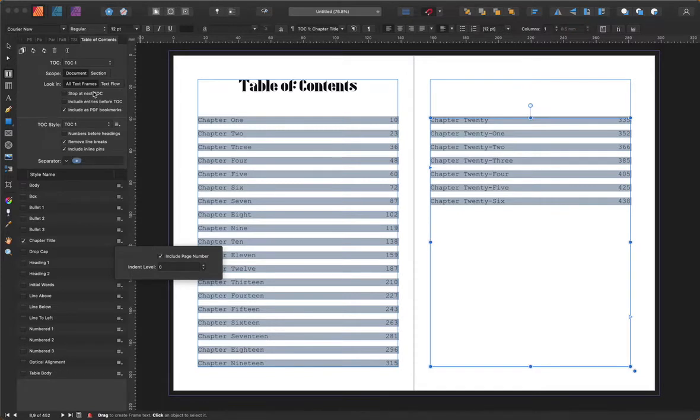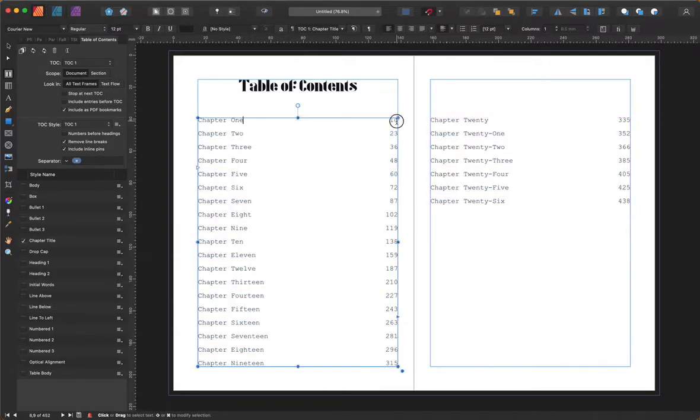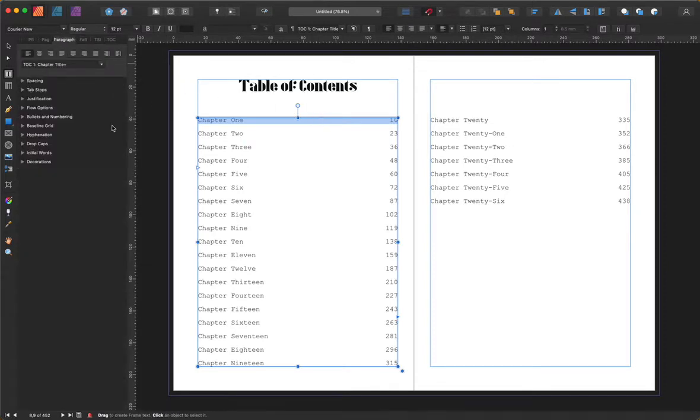And there is also a way, if you want to do the little dot thing between the chapter 1 and the number, what you have to do is go to your paragraph and you go